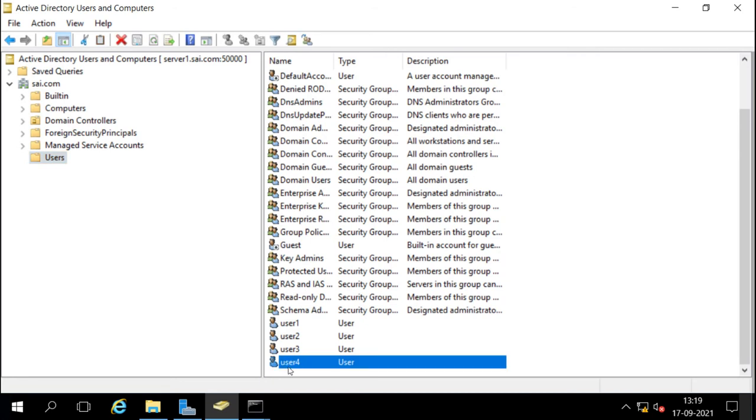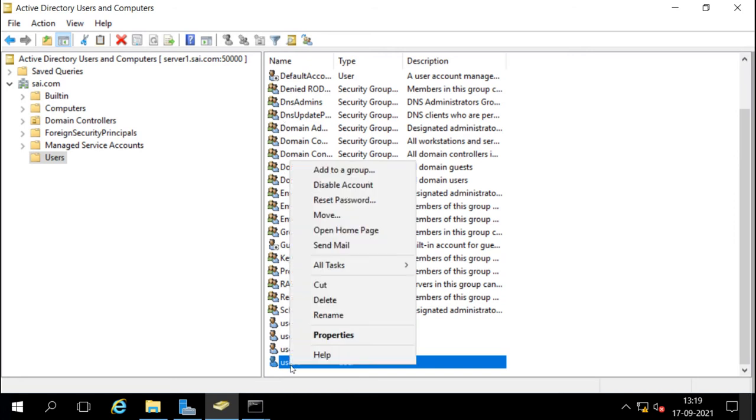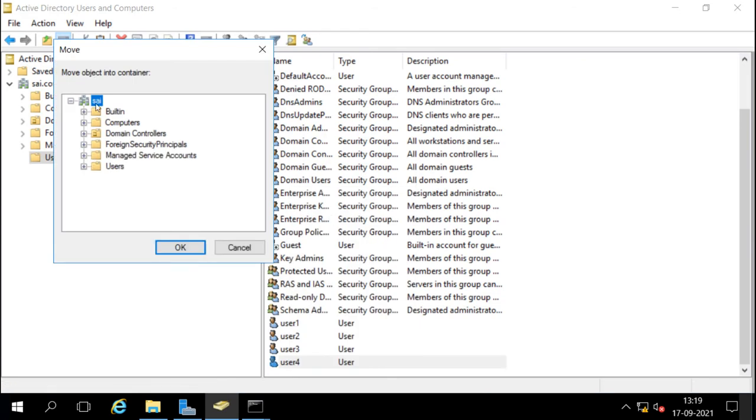This is because it is coming from the snapshot. The snapshot has this user, but in the real Active Directory the user is deleted. Now we cannot do anything here because it is read only. If I try to move a user from here, it says it is read only.